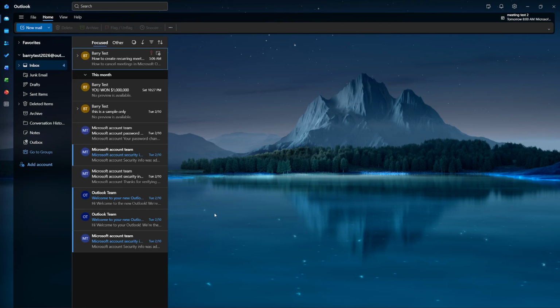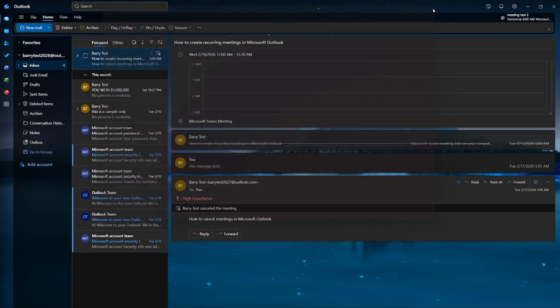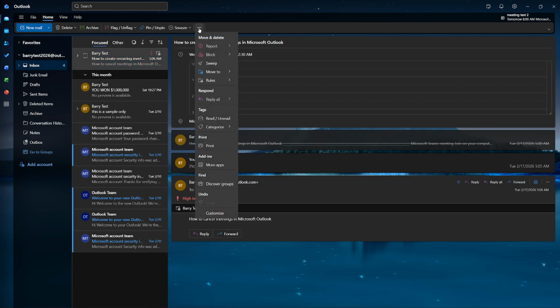In today's video, I'm going to teach you how to customize the Outlook ribbon. If you've ever wished the commands you use most were right at your fingertips, this quick method will help you get there fast without digging through menus. We'll use a simple right-click to jump straight into Outlook's customization panel so you can see exactly where those options